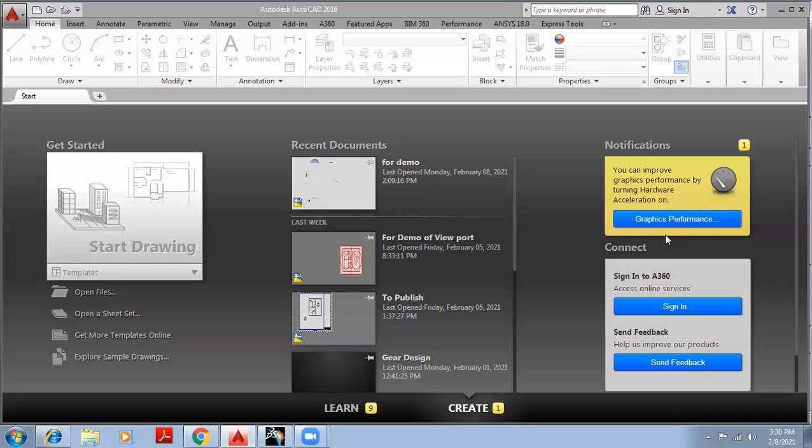If yes, we will move towards the next point, that is the AutoCAD graphical user interface. What is it? Generally, we know every system, every application software has its user interface. User interface means what? The tools which will help us to go through or to perform different operations are called user interfaces.